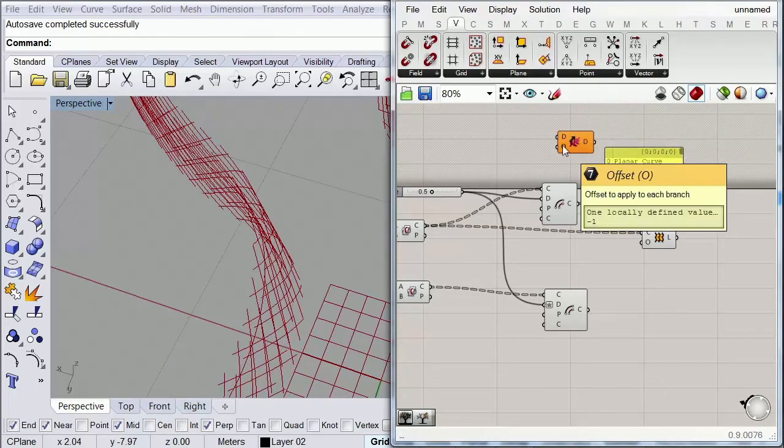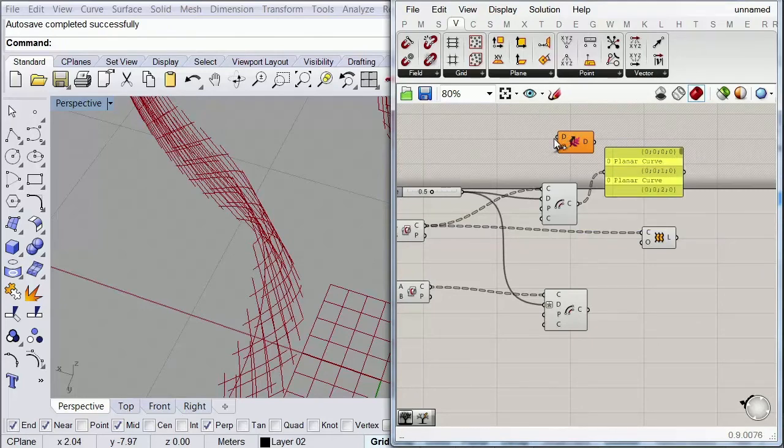Here I'm going to make sure that this value is set to -1, as that is the number of places that we want to reduce. And then I'm going to simply connect it here. And as you can see now, we have the same level of depth that we have over here.